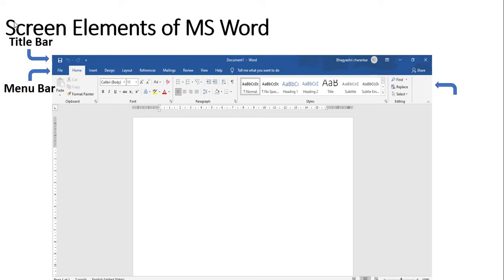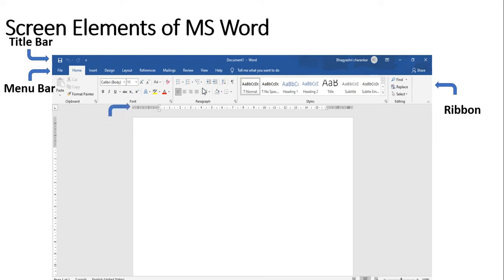Also, we have an attached ribbon for every menu that gives us the sub options of that menu in pictorial form. You can see here in this ribbon different options are given, and the pictorial representation of every option is there. That means you can find whatever option you want.